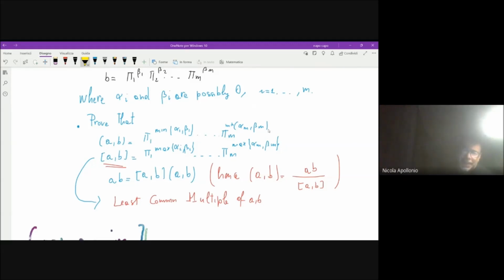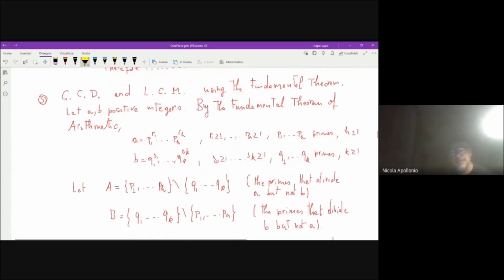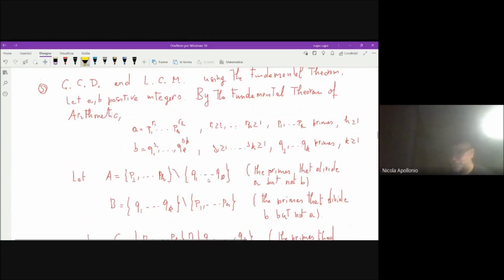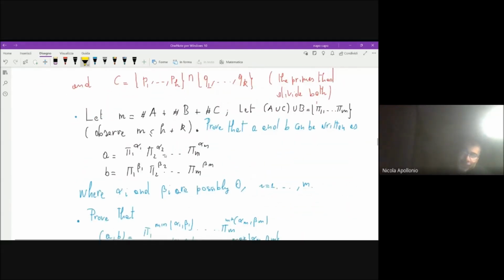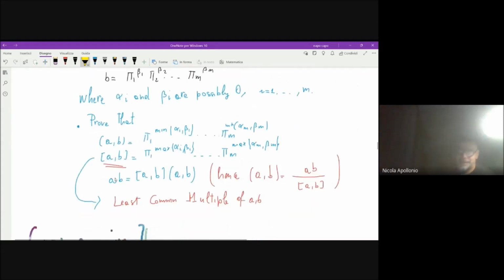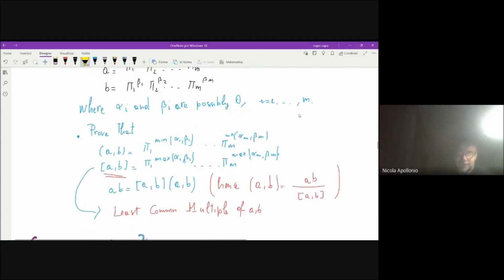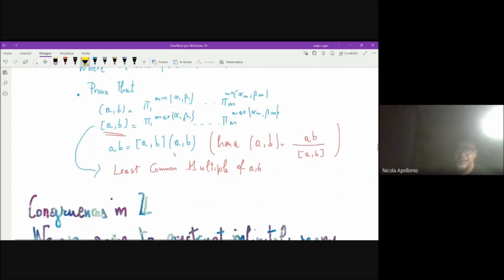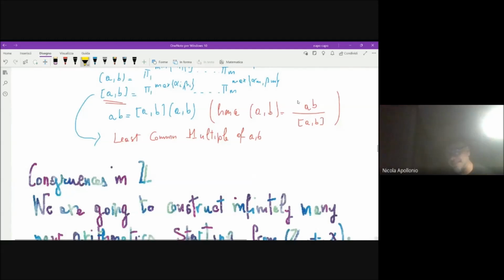So here are the technical details to prove what you know already. I let you think about this. It's quite tedious, but at the end, the gift is this simple formula for the greatest common divisor. But look, this is only seemingly simpler